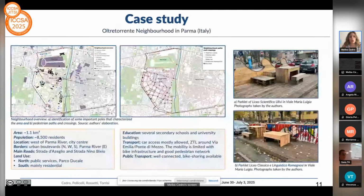So our methodology was applied to the Oltrarente neighborhood in Parma. This district is located west of the Parma River, a part of the city center. It's bordered by urban boulevards, and it is divided into many parts. The northern part is dedicated to public facilities like Parco Ducale, which represents one of the most important urban parks in the city, while the second part is mainly residential. The area is vibrant and multicultural with significant commercial activity along Strada Massimo d'Azeglio and Strada Nino Bixio, and there is a concentration of secondary schools and